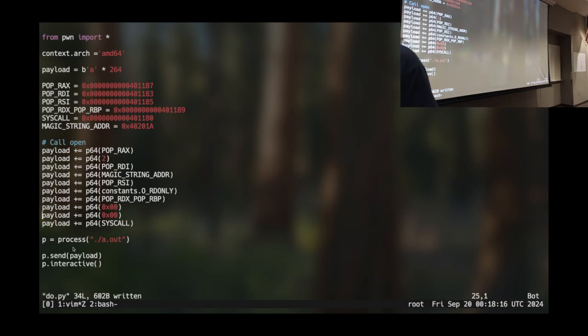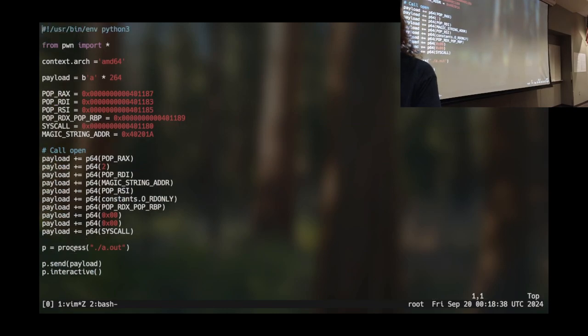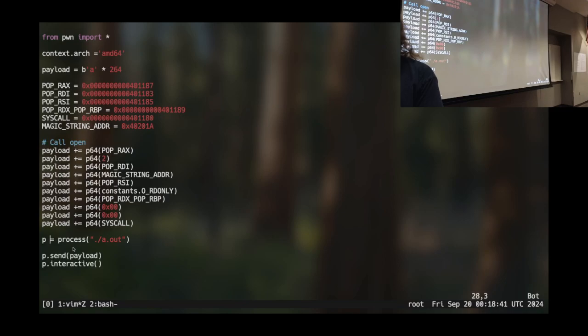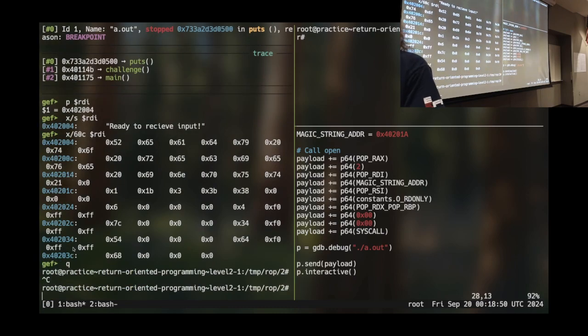Yes? I don't know if it's been covered, but I'm not able to figure out how pop RDX and the value 2 is going to set 2 in RDX. Okay. The statement was, I don't understand how pop RDX followed by 2 is going to set this value. And this is where GDB will save us. Anytime you're not sure how something works, it is more than a meme. Use GDB and step through this stuff until it makes sense to you.